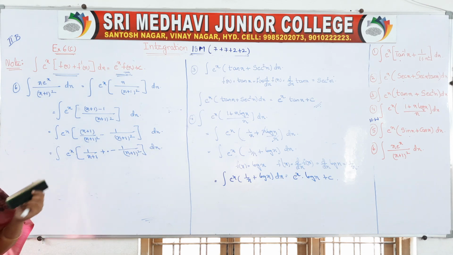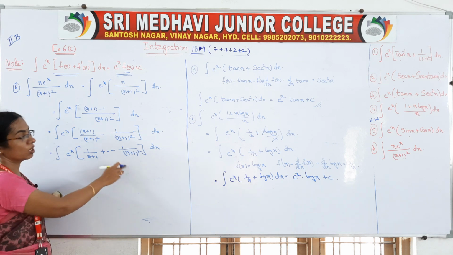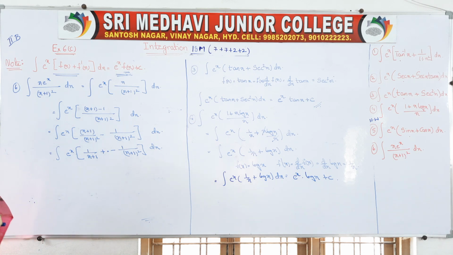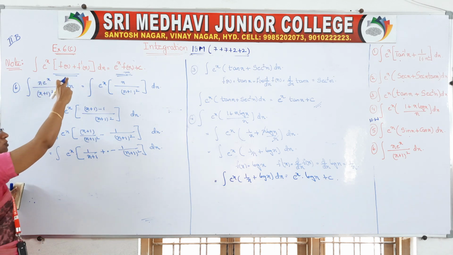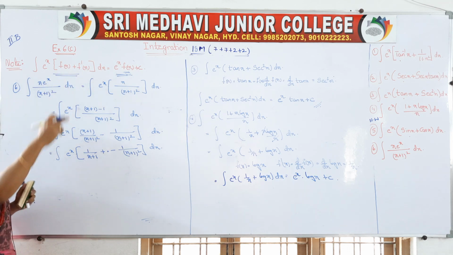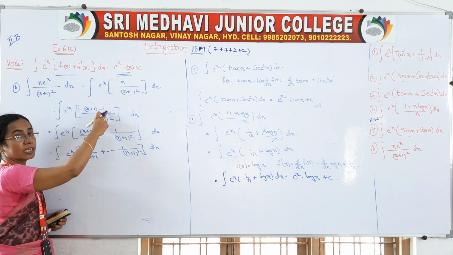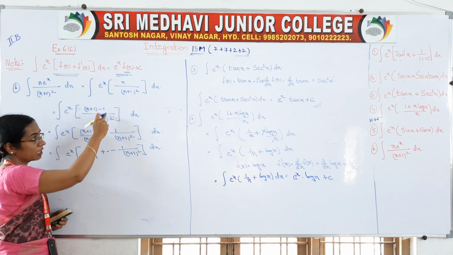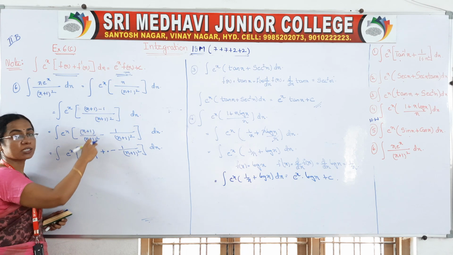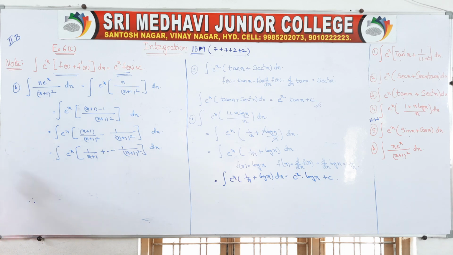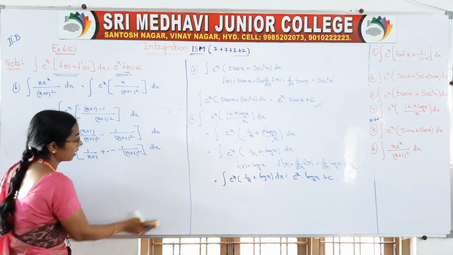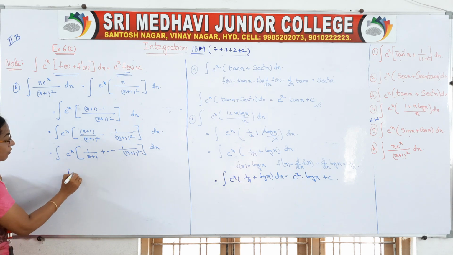Actually our aim is that inside the brackets we should get two terms so that we can take one value as f(x), and one value we have to get as f'(x). Okay, that is our aim. Whenever e^x into something is there, we can apply this formula. So if we want to apply this formula, inside the bracket there should be two terms. So to get two terms inside the bracket, I added 1 and deducted 1. Next this is of the form a/c² minus b/c² form. So now you take your f(x) as,